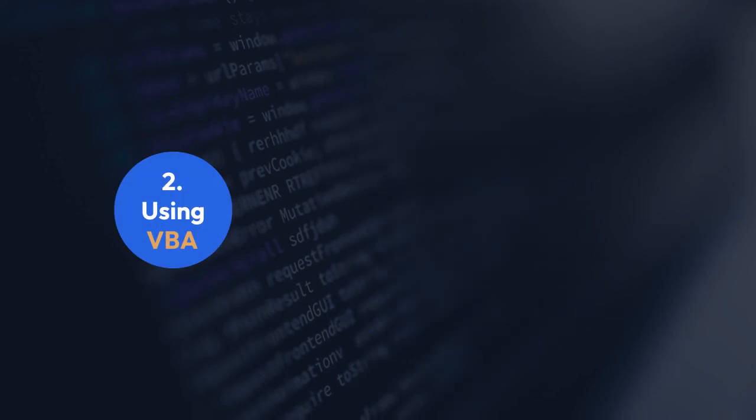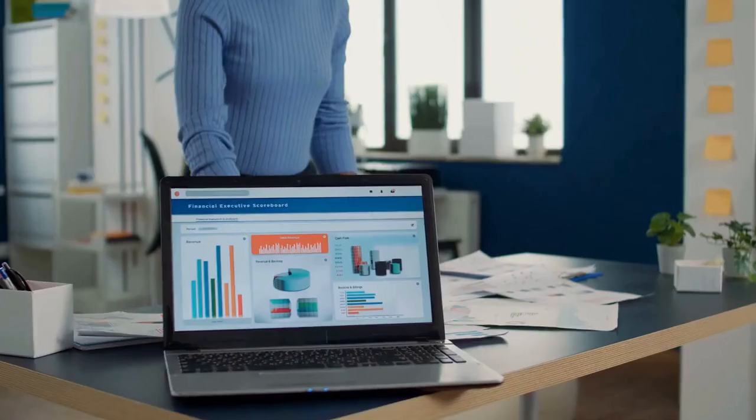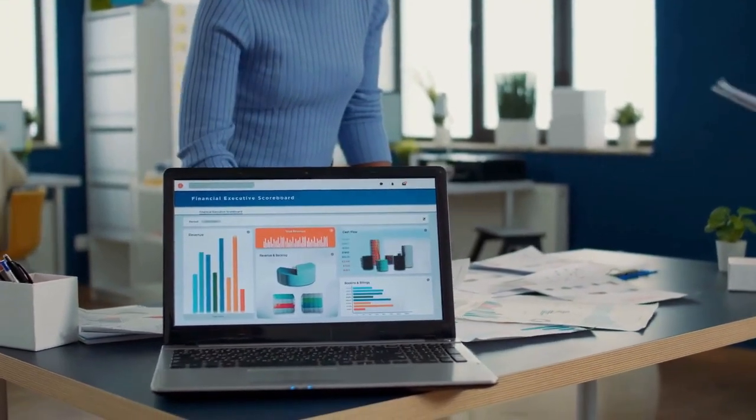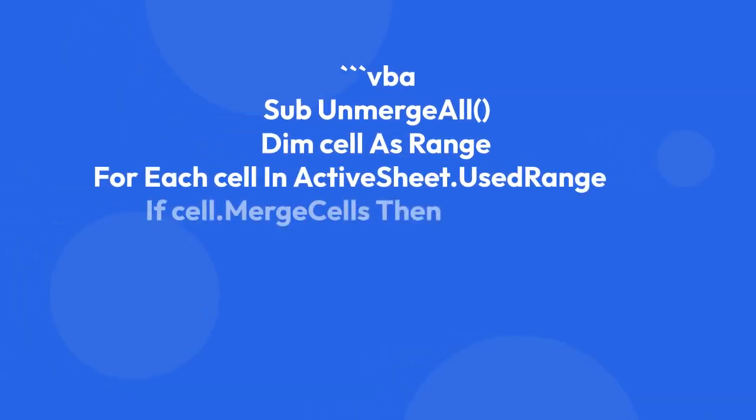2. Using VBA for advanced users and multiple unmerges. If you have a large spreadsheet with numerous merged cells spread across multiple sheets and you want a quick solution, a VBA macro can be very helpful. Open the VBA editor, Alt+F11, insert a new module, Insert, Module, and paste the following code: VBA, Sub UnmergeAll,